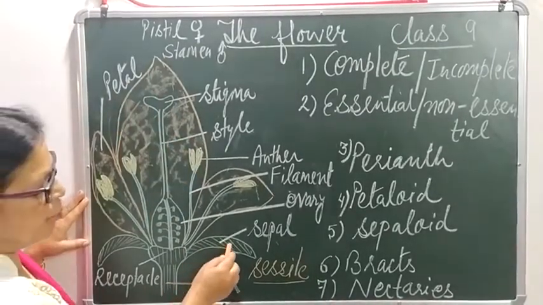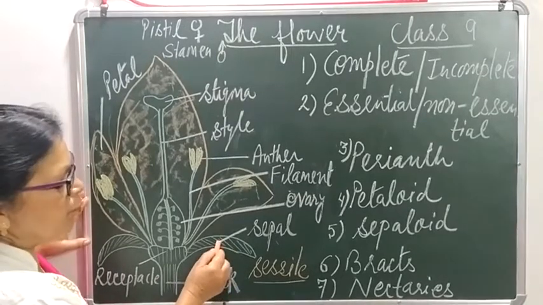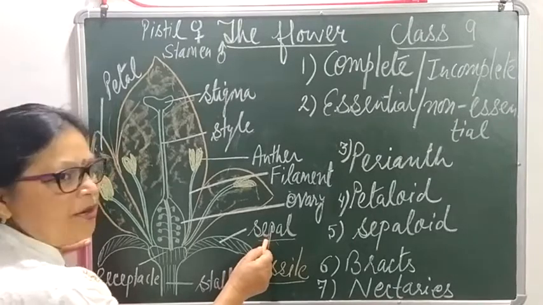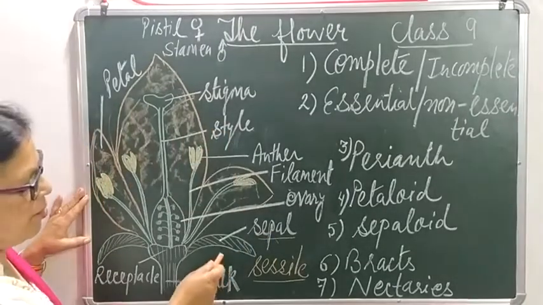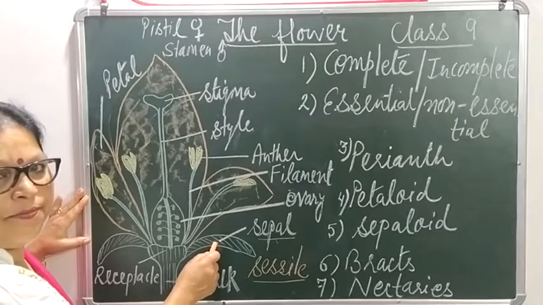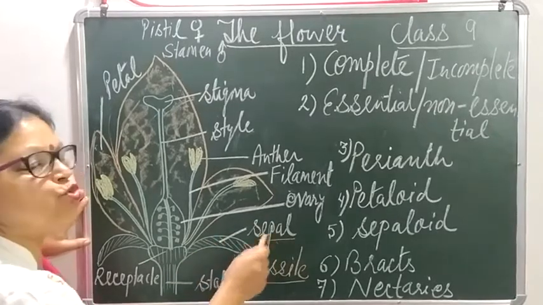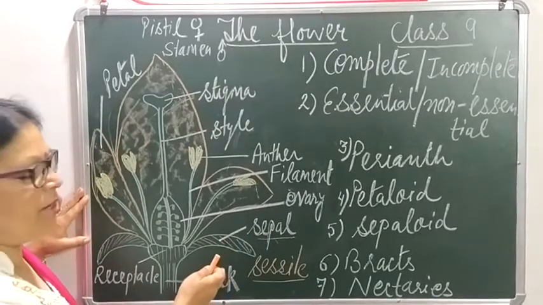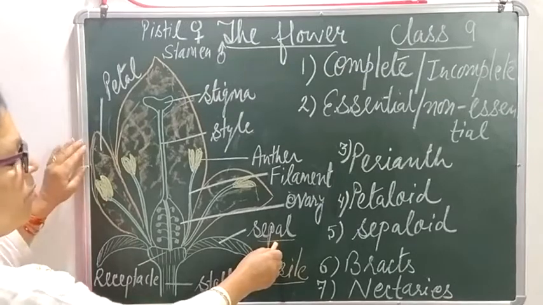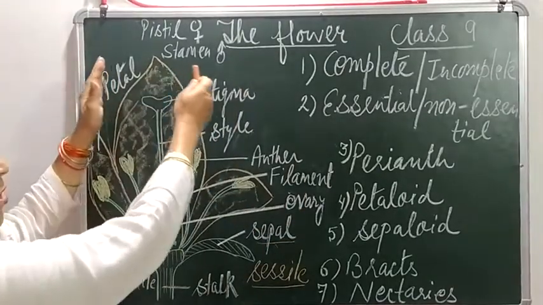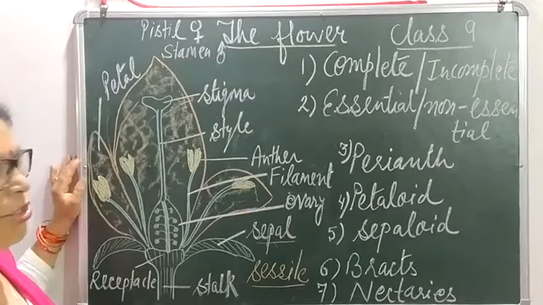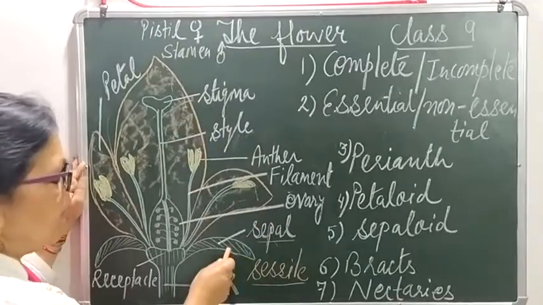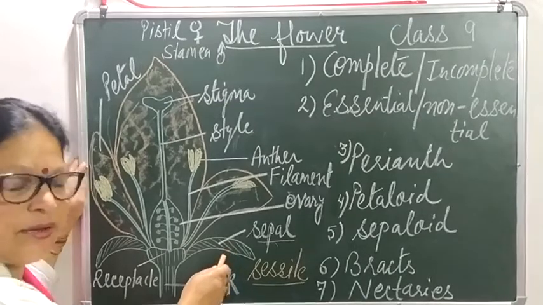You can see, starting from outside, this floral part is called the sepal. Now the sepal is the first part of the flower. It is green in color, and since it is green in color, it has 2 main functions. First, because it is the outermost part of the flower, the sepal protects all these parts when the flower is in the bud stage. So the first function is protection of the inner floral parts.